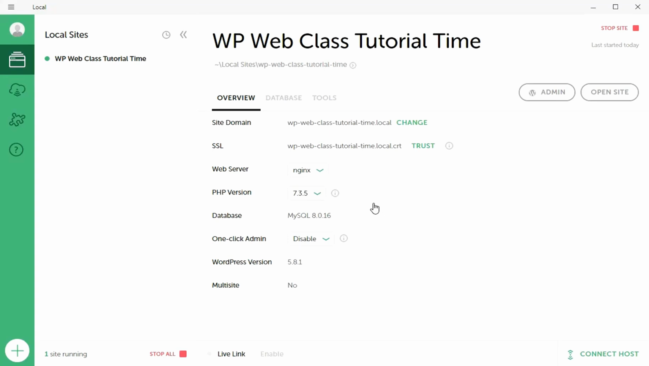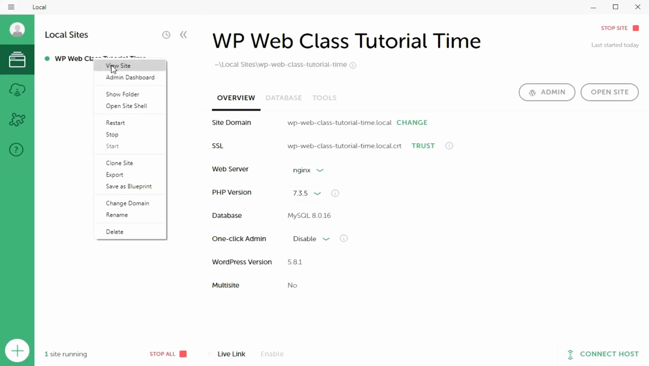Okay, now if you come here, you will see our website here, and if I right click on it, you will see this view site, admin dashboard, folder, all this stuff here. You can restart it all over again if you want to. You can stop it entirely, you can clone it, you can export it, you can rename it entirely. There are so many things that you can do here. If you want to delete it, you click on delete and it will be deleted. Okay,